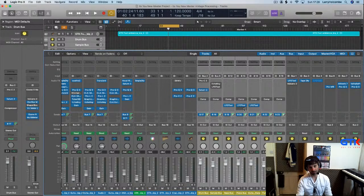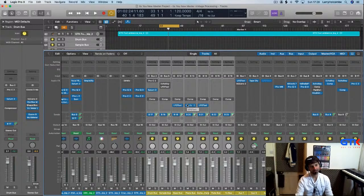Now, something else we could try here is, where would we do this? Let's do it beforehand, so I'll do it on each one of the channels. I hope my CPU doesn't give out on me, so apologies if it does, but let's give it a go. I'm going to use NLS bus, and hopefully it's going to come up with